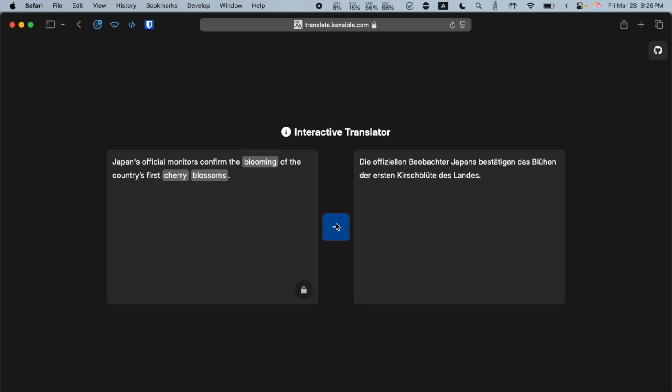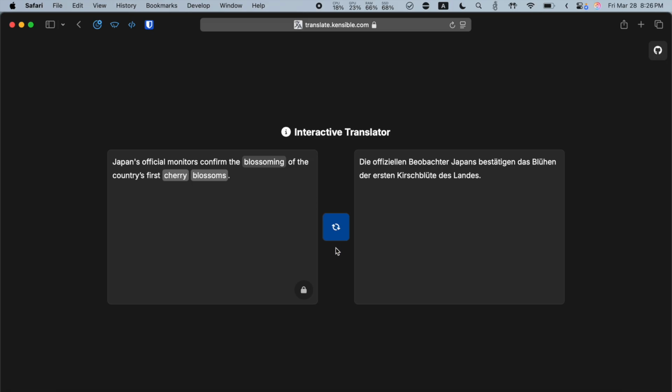So as we can see, a few words here are highlighted. These words indicate potential mistranslations with uncertainty scores below an acceptable threshold. So I'll go ahead and click on the first one here, blooming, and we'll see some suggestions that the user can pick from. In this case, blossoming and flowering are good alternatives, so I'll choose the first one, and we'll